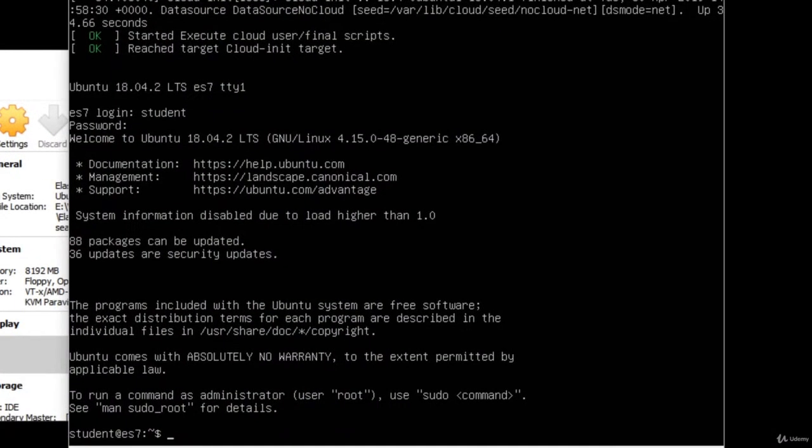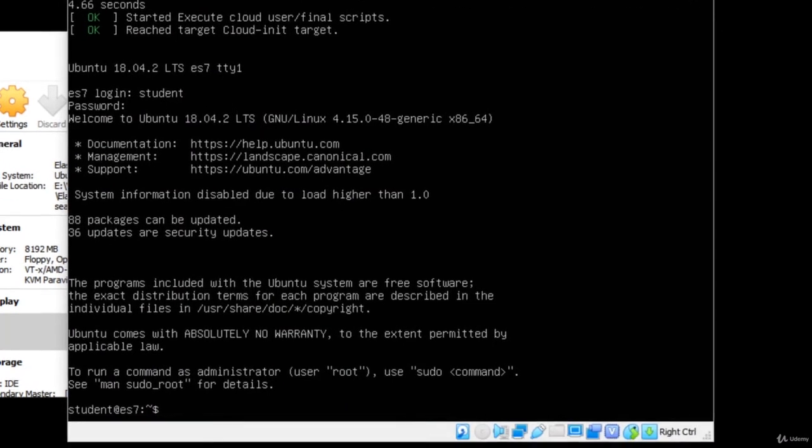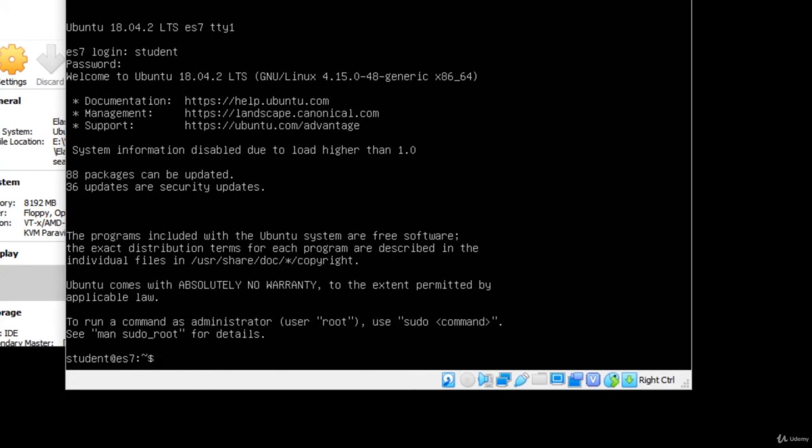So here we go. Now that we're logged in, let's go ahead and first start off by telling Ubuntu where to find the Elasticsearch binaries. So we're going to type in wget -q uppercase O, that's an O, not a 0, then a dash with a space after it, https://artifacts.elastic.co/GPG-KEY-elasticsearch.